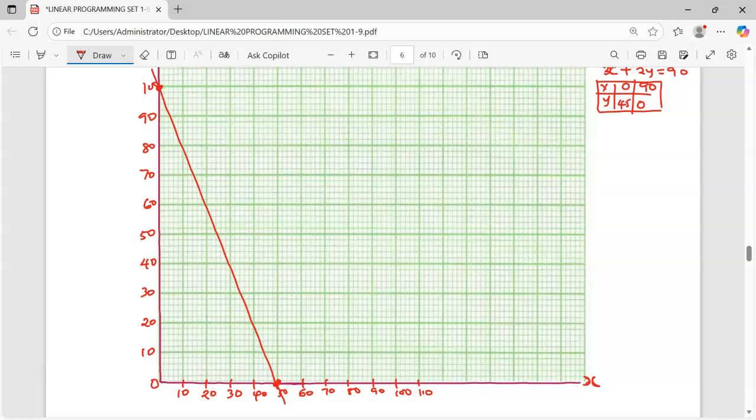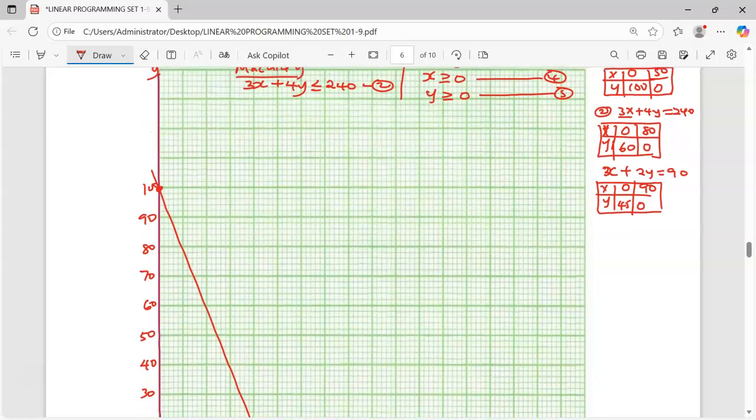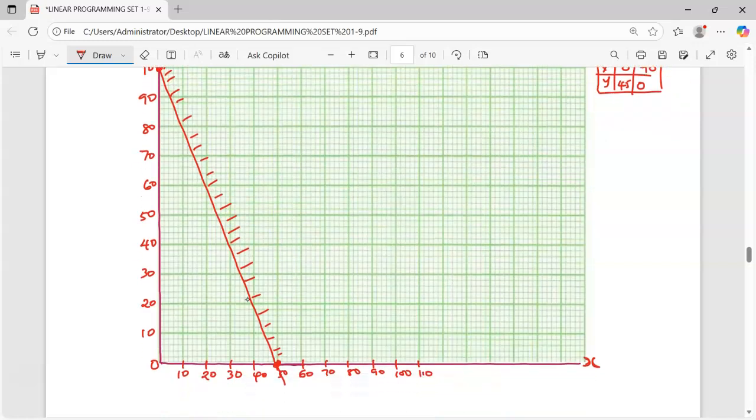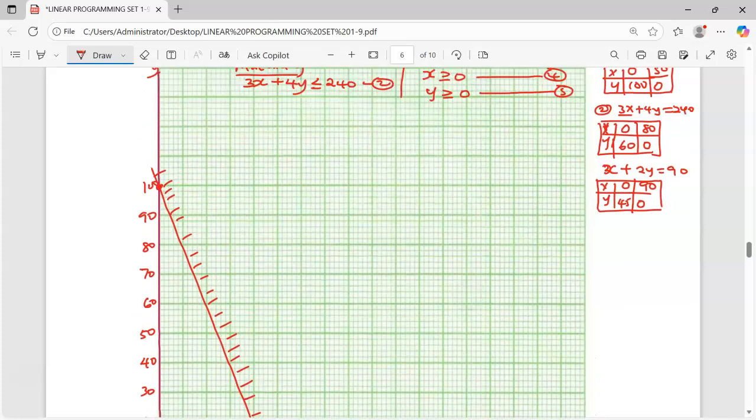Remember, according to the inequality symbol, what we need is below this line, and therefore we are going to shade the upper part. We are going to shade the upper part, and of course label this particular line as 2x plus y is equal to 100. The next one we have is